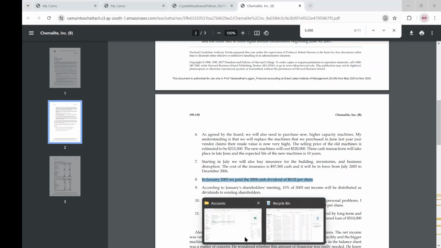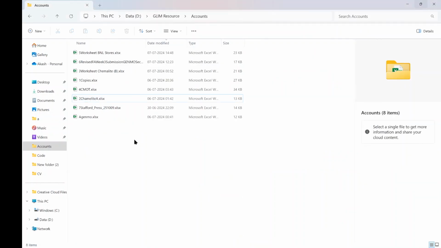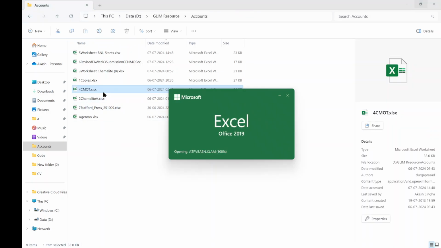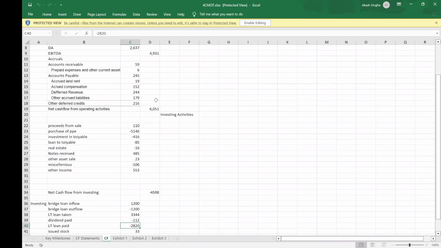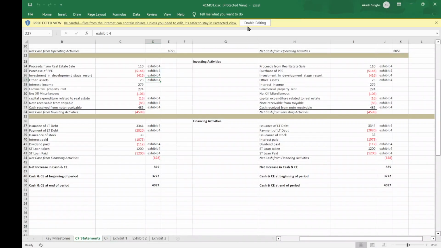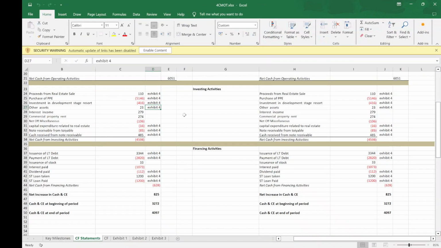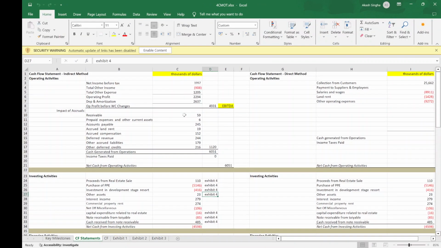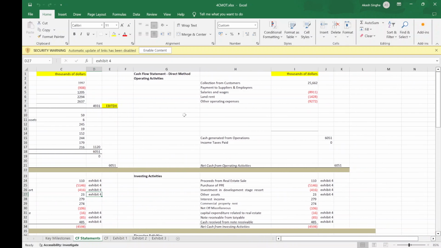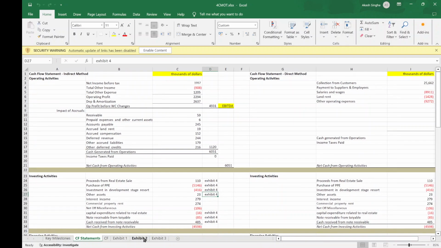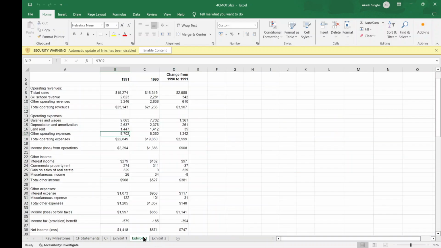After that, I think CMOT was there, yeah. So in CMOT, tell us. Yep, so here, the income statement and balance sheet were already given. And I'll again do the indirect method only. So start with